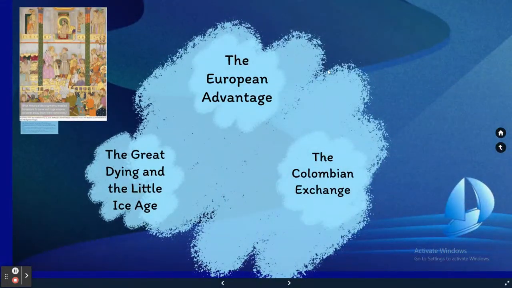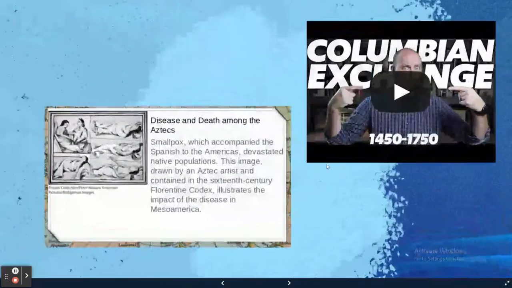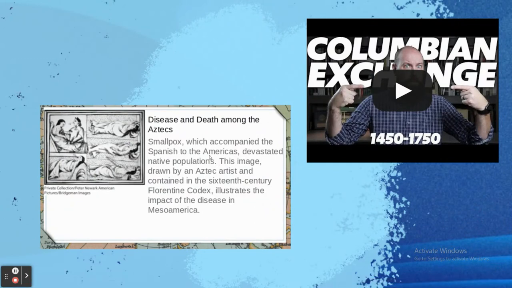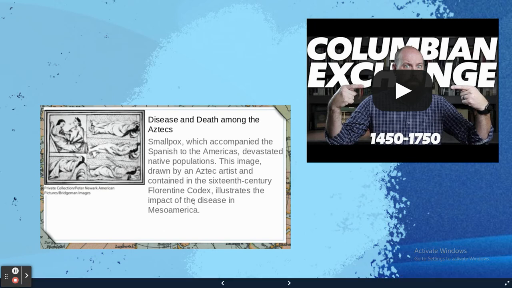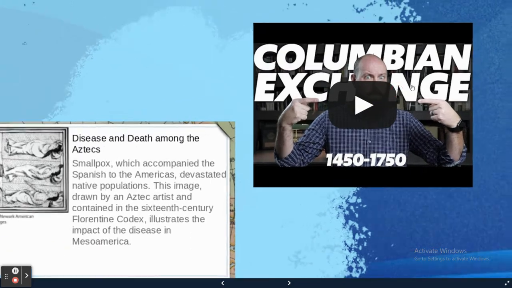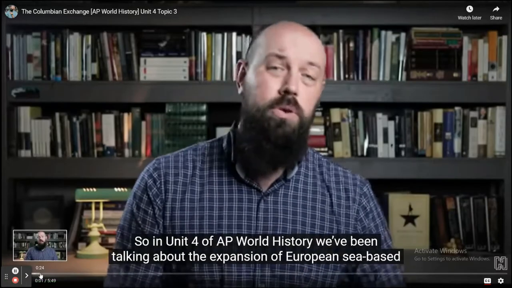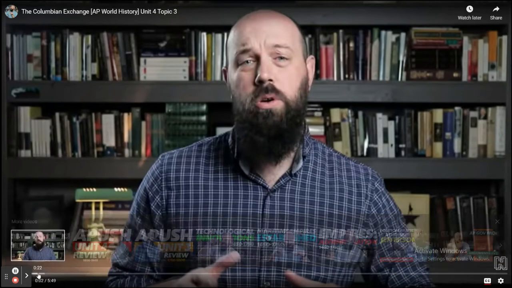Okay, so this is what's going on with Europe and the United States. Like I had said, smallpox accompanied the Spanish. The Spanish had a large, not complete immunity, but they had built up some immunity, until they got here, where the Native Americans did not. But this did bring about the Colombian Exchange, which was super important, because the Colombian Exchange is going to impact both.